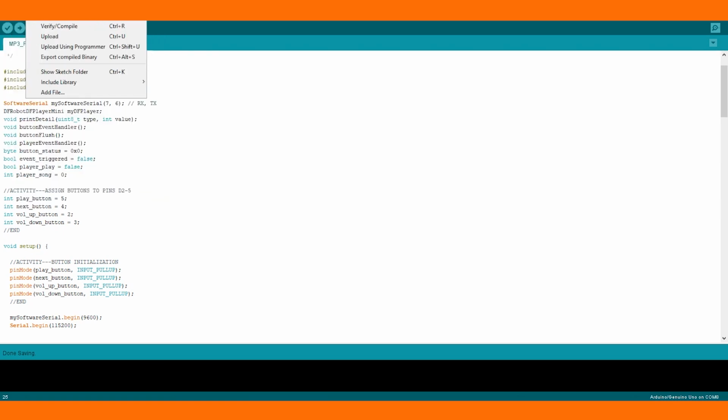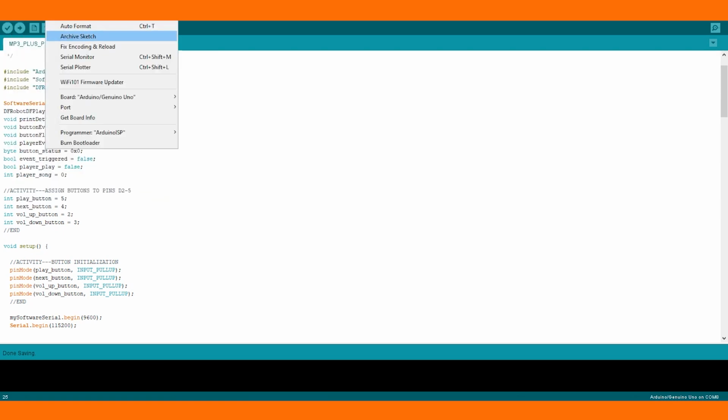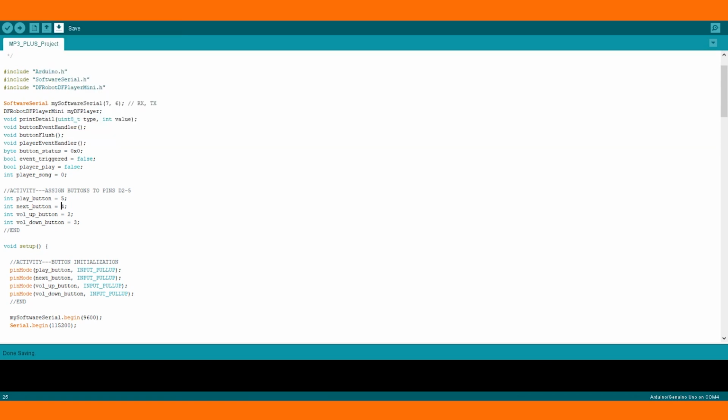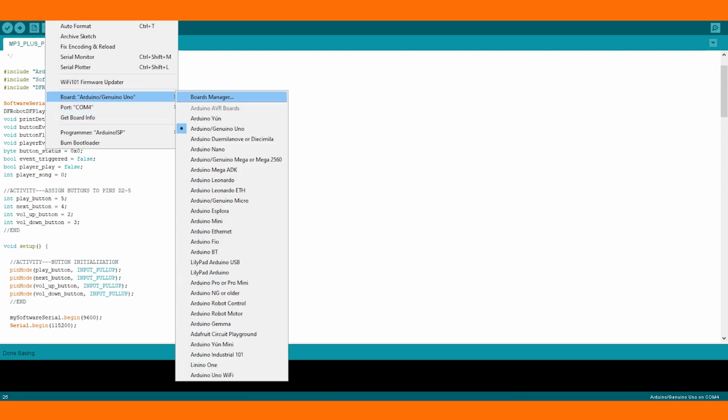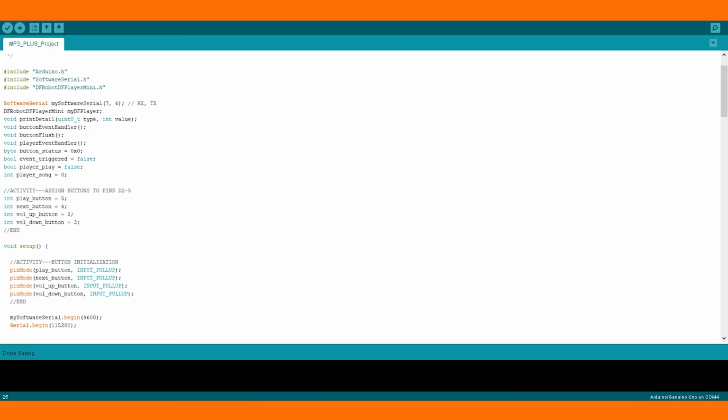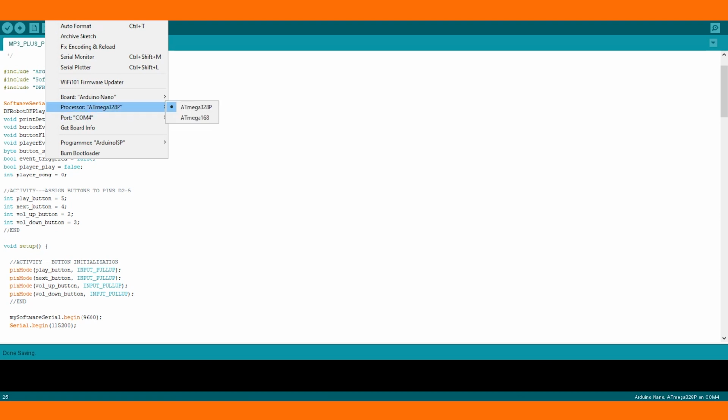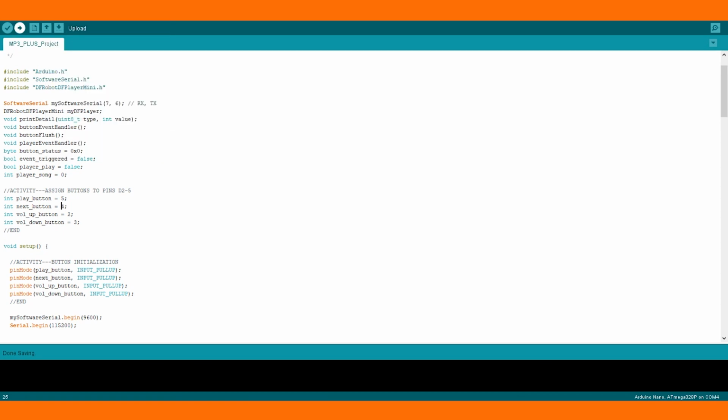So, congratulations, we have coded our project and we are ready now that we've assigned all these pins to upload this code to our board. So let's go ahead and do that. I'm going to go to Tools first, and we're going to go to Port, and I need to connect to the right COM port, so I'm going to connect to COM port 4. Then I'm going to select the right board, and this is a Nano. Then I have to select the right processor, and yes, 328p. So we can go ahead and upload this code, and hopefully we don't get any errors. So uploading,